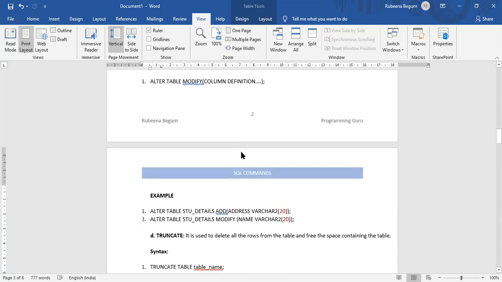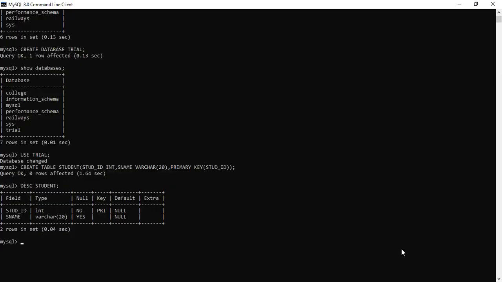So here we have an example. Let us apply the same to our existing table. So when I come back to my table, I would like to apply the alter command. Alter table. First we will apply the add command.